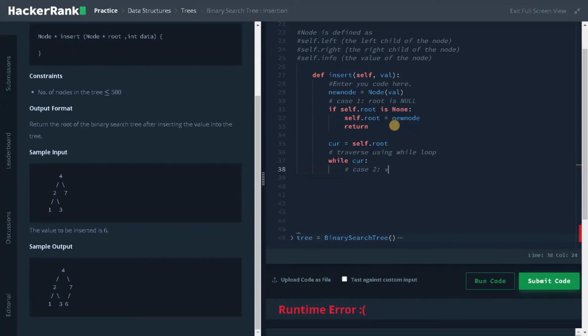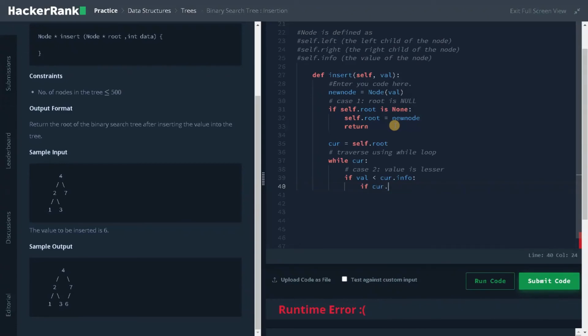Case 2, value is lesser. So if val is lesser than current.info, it will go to the left subtree. After going to the left subtree, if the tree has no elements, we will be inserting the node at that position.